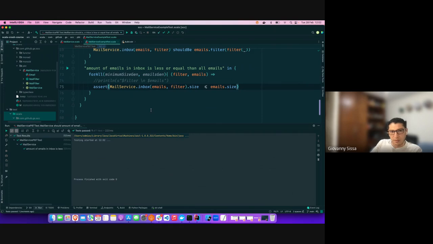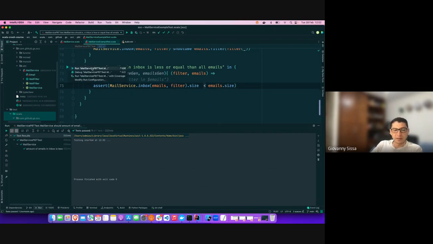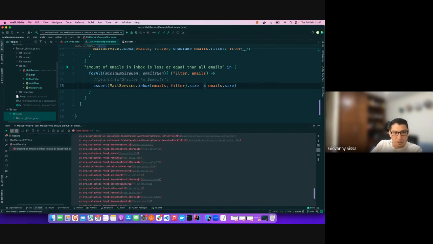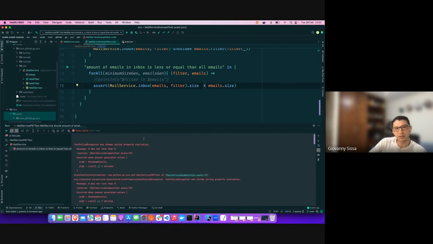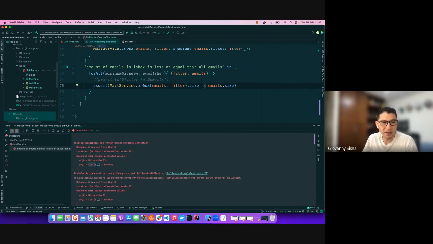Also, we saw this works, but what happens if we assume that it is always less? Let's see, just to introduce the next concept. We got an error, and the testing framework gives us extra information to make sure in which case we are good. We are getting an error. That's pretty important because